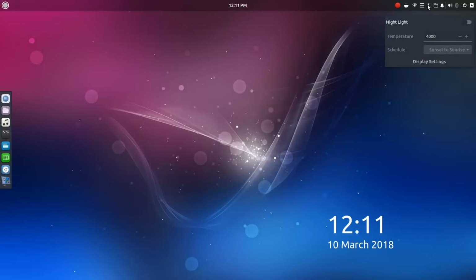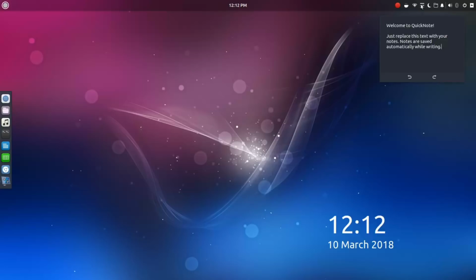Turn on my night light to save my eyes. This is one of the new applets, which is called Quick Note. So you can replace this text with anything that you quickly want to jot down. I think that's an awesome little applet. Now, some other parts of the user interface